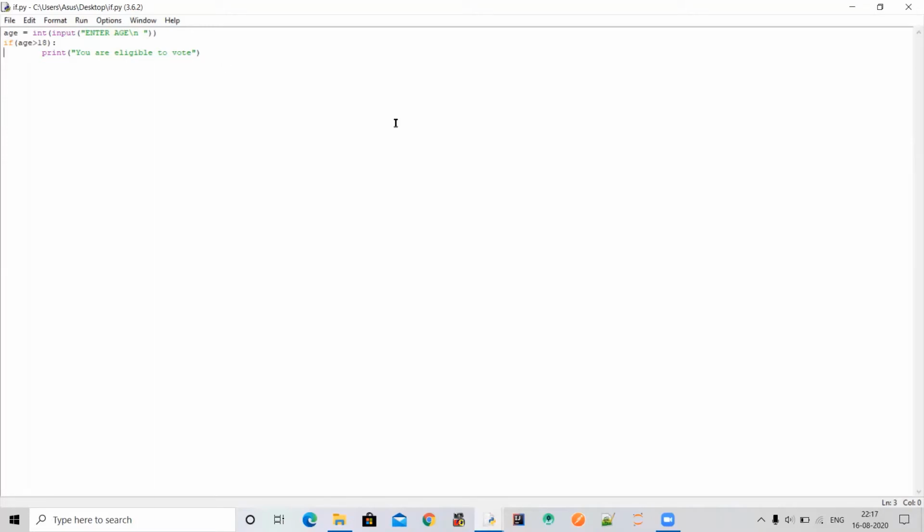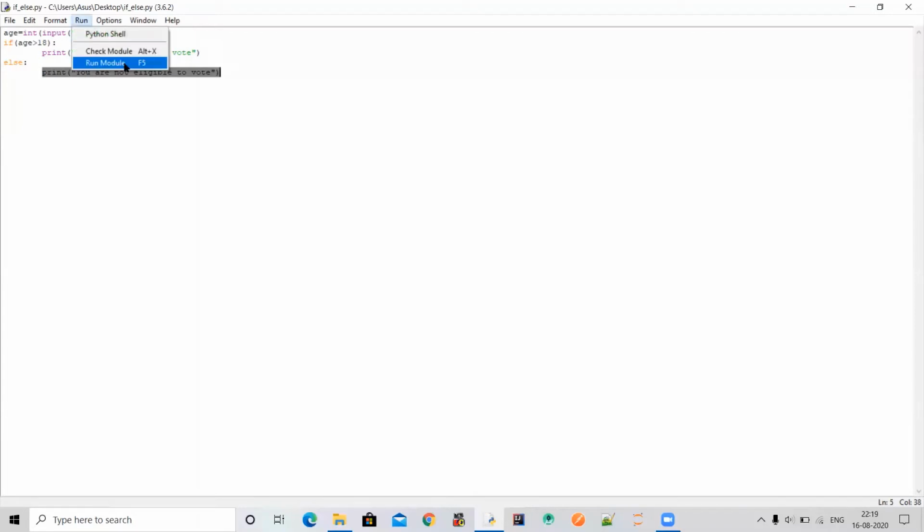So guys, next let's move on to the if else part. Now we will be taking the else part also. So here you can see if age is greater than 18, then it will print this, and if it is not greater than 18, then it will print the else part. Like if we do not use the else part and we just use the if part, then if you give a user input which is less than 18, it will print nothing, like you have already seen.